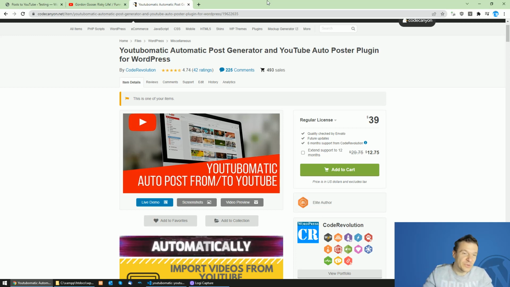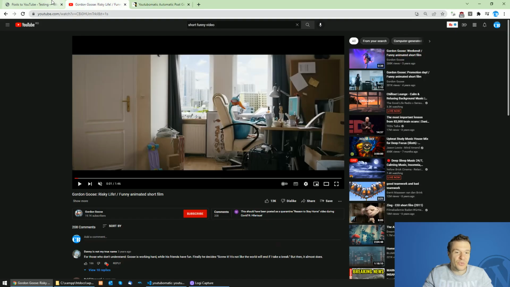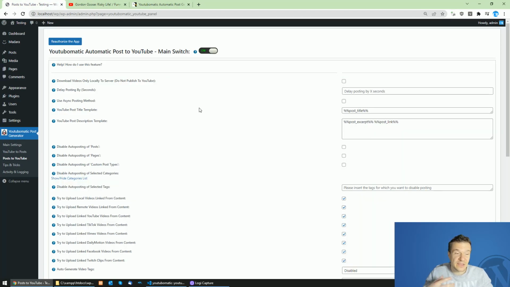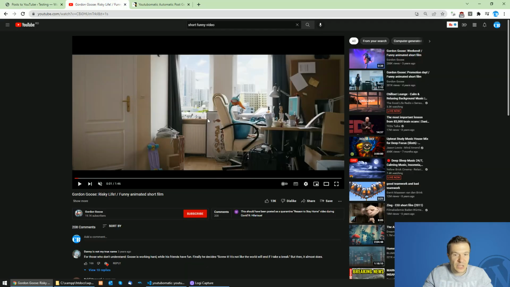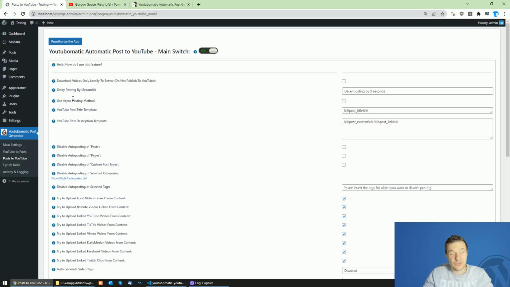So from today on, Youtubomatic is able to also add a watermark or an image to the corner of the video or even to the center of it. Like this, you will be able to upload videos to YouTube and make them unique, watermark them, or add branding to them, to the side, top left, bottom or top, or even to the center. So let me show you this feature in action, because the latest version of the Youtubomatic plugin, the